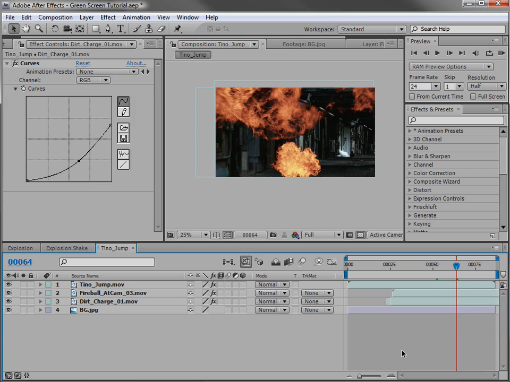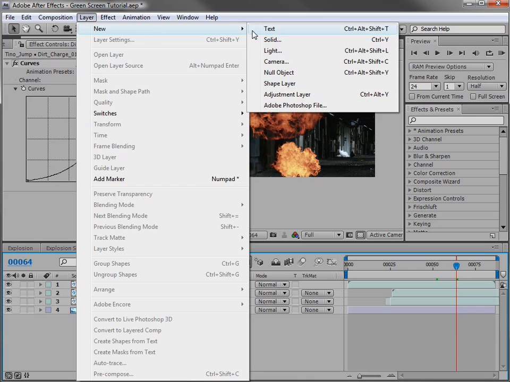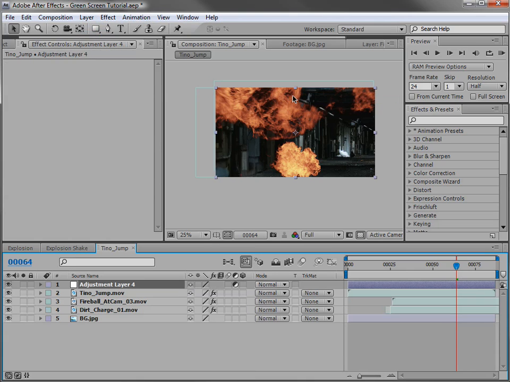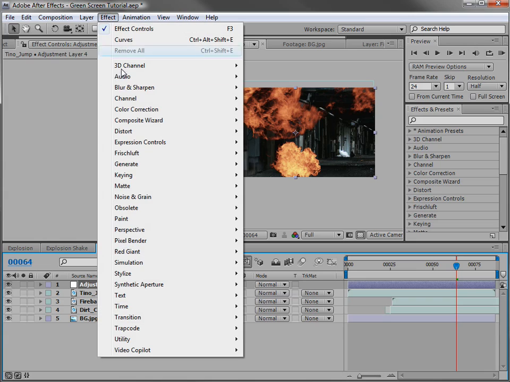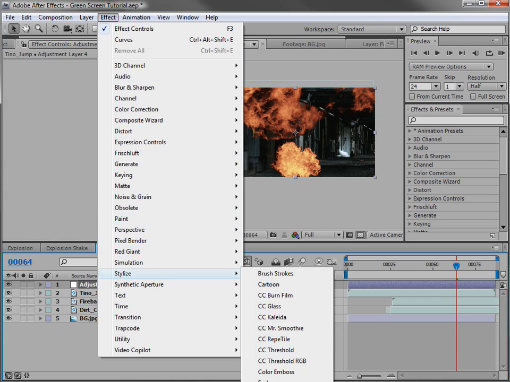Now I want to add this big glow so it seems really bright. So we'll create a new adjustment layer. An adjustment layer is kind of a layer that applies all of the settings to everything that's beneath it. So if I were to add a color correction, it would color correct all of my layers. In this case, I'm going to choose Effect, Stylize, and it may be off my screen, but we're looking for